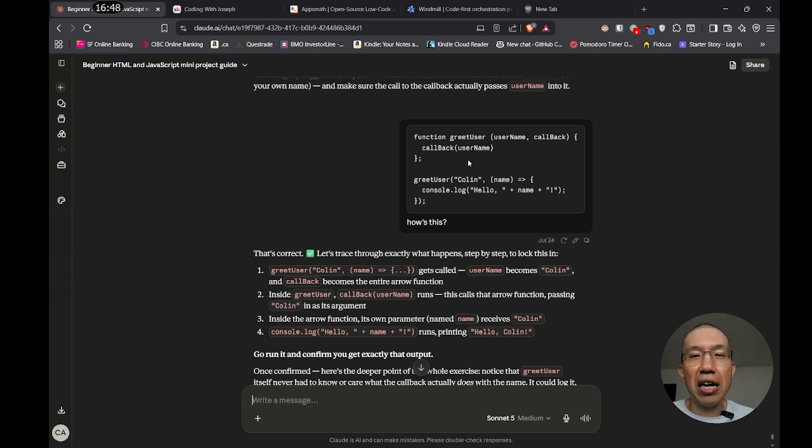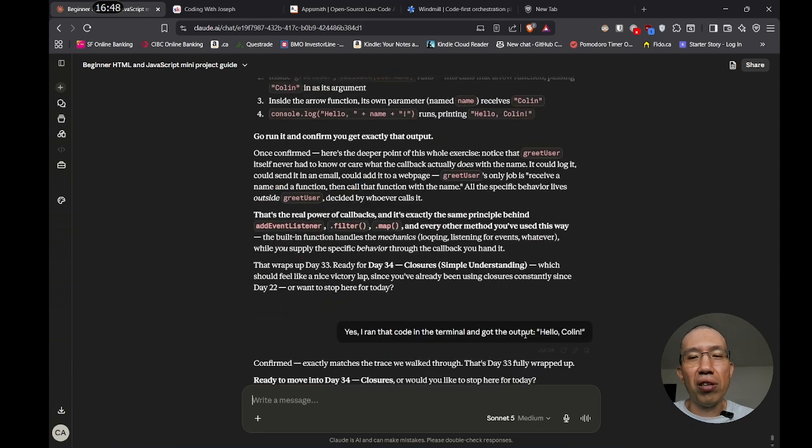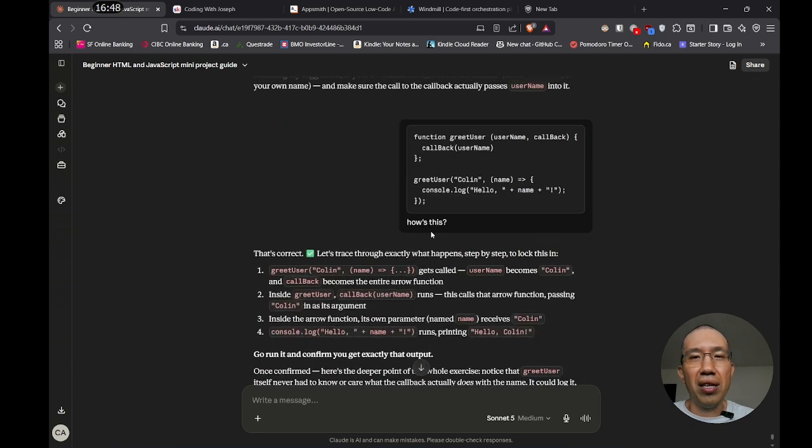As you can see here, I'm learning how to write callback functions. So this function here calls back the greeter user function to print out my name. So it prints out hello Colin. And how it works here is that this function up here has two arguments, username and callback. And then basically this function inside the greeter user function calls back the function. So this callback is actually